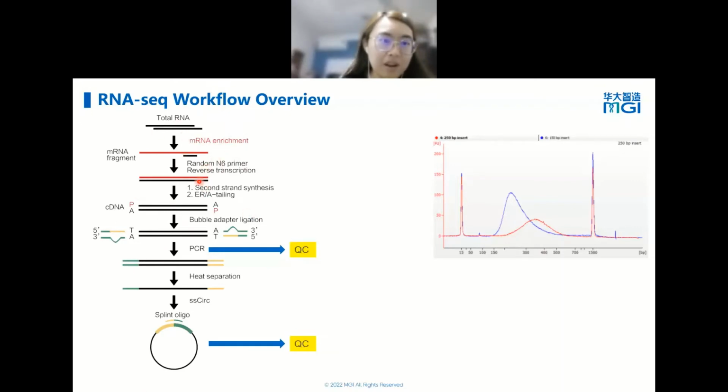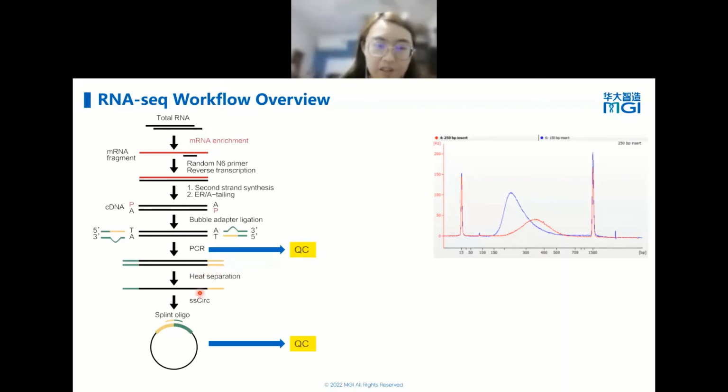So mRNA, and then you have to do your reverse transcription into cDNA, and then perform the second strand synthesis, followed by the usual end repair and A-tailing, and then adapter ligation and PCR. After PCR, you will get your double-stranded cDNA library here, where we need to